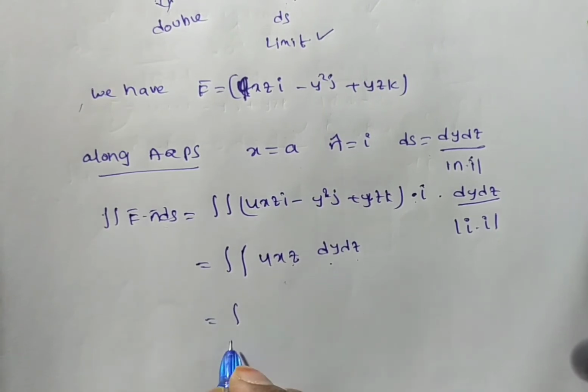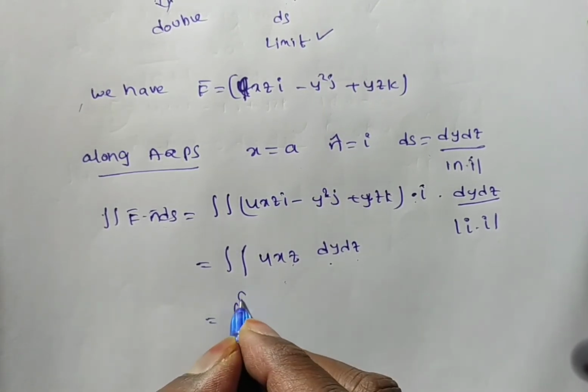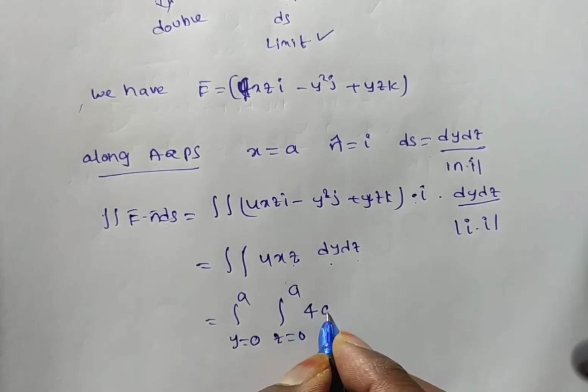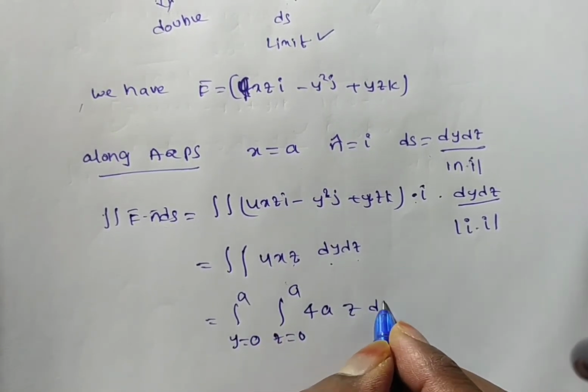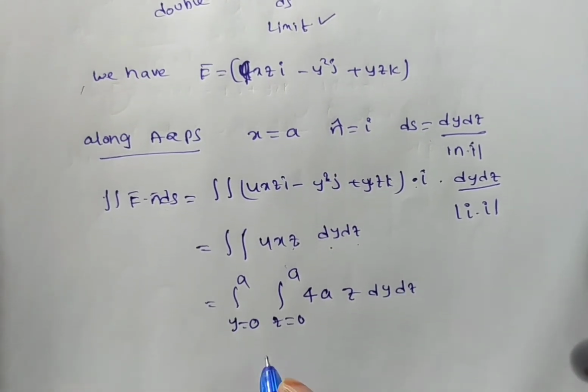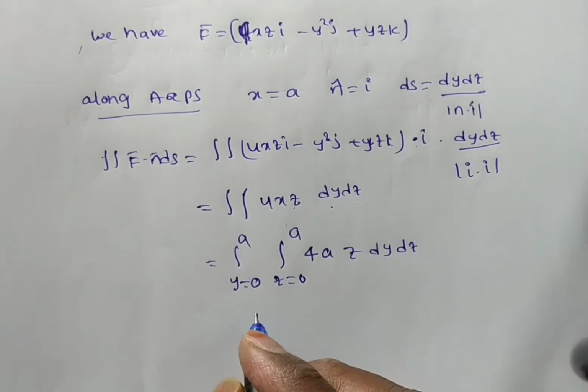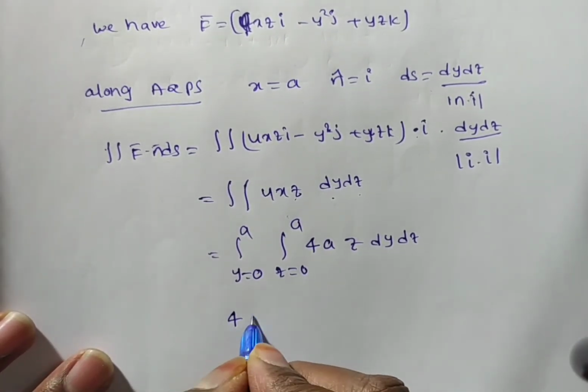First, what is the x limit you have? Cube na. So y is equal to 0 to a. Similarly z is equal to 0 to a. And 4a you have. Next integral z dy dz. Here you see this is a double integral. Independent limits it is having na. So type 1 method. In this case first you write, and 4a is outside.